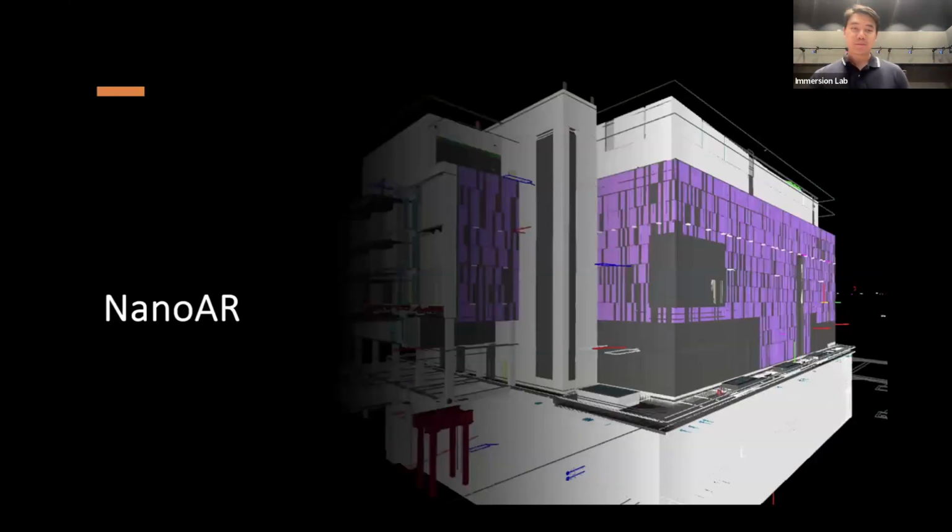So that's where I started working on developing a concept around MIT.nano. So what is Nano AR? Nano AR is a digital representation of the systems of the MIT.nano facility. And for those who are not familiar,